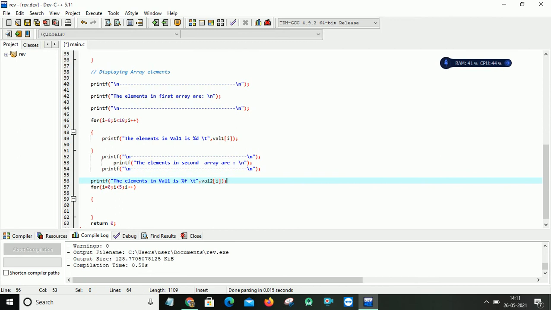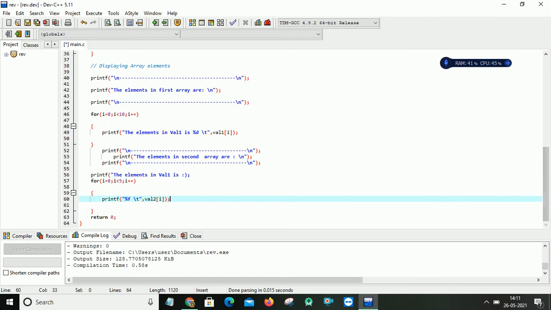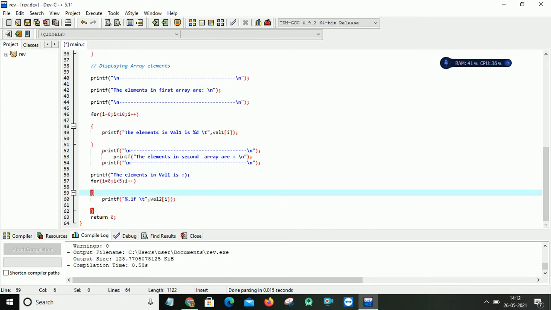Here I am giving "the elements in val1 is", so I can give my heading here, then close this statement, and after that I put this here. Before that I'll make some changes: double quotation, and then here I'm giving the printf statement. Just observe the changes I made here. Here I'm giving %0.1f because I don't want many digits after the decimal place.